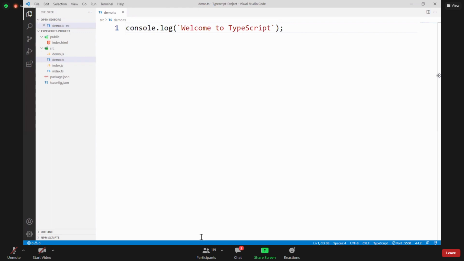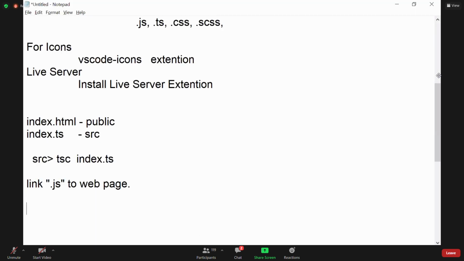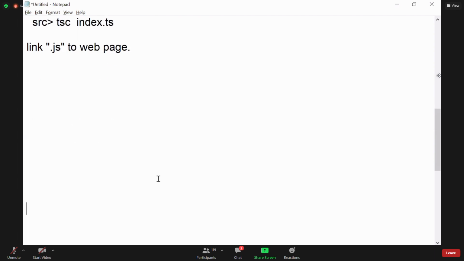So this is the basic flow, how TypeScript is used in an application. Here, two things. After the JavaScript file is created, you can run it by using the Node compiler: node demo.js. Before that, first you have to transcompile with tsc demo.ts. After that, we run this. This is how we are going to practice TypeScript every day. We are going to understand and work with TypeScript. I hope everyone understood this process, right? So we can start the language now.